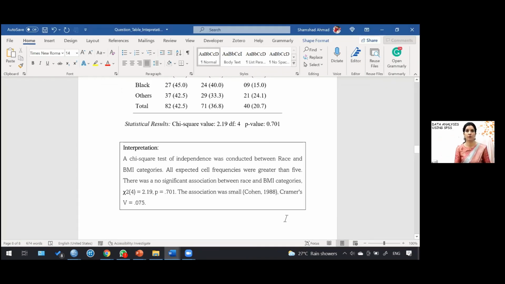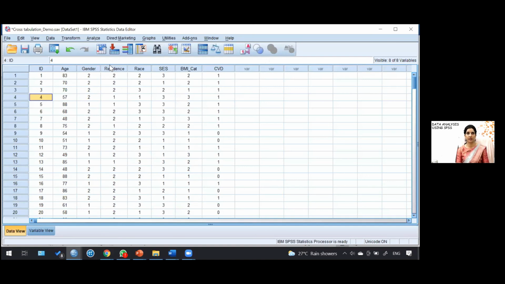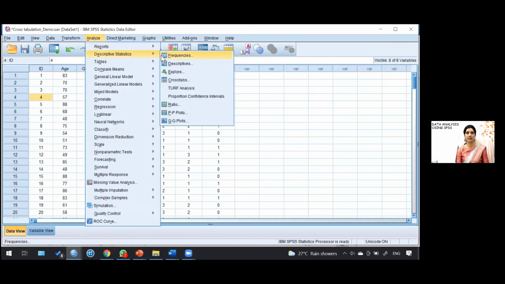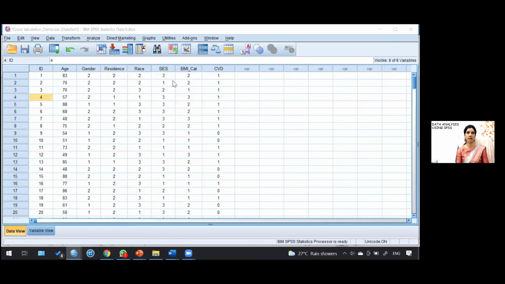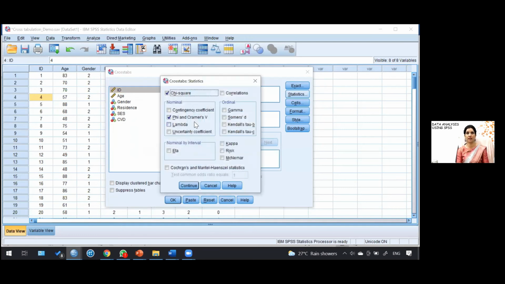Okay, so again, just to summarize the commands once again, you will again have these in the breakout room. So for all the chi-square, you have to go to the analyze, descriptive and cross tab. In cross tab, you have the dependent and independent variable, that row and column. So D is for C. So dependent should go in the column and independent should go in the row. And you have to only focus on these two options, statistics and cells. In statistics, you have to click on the chi-square, phi and Kramer V.